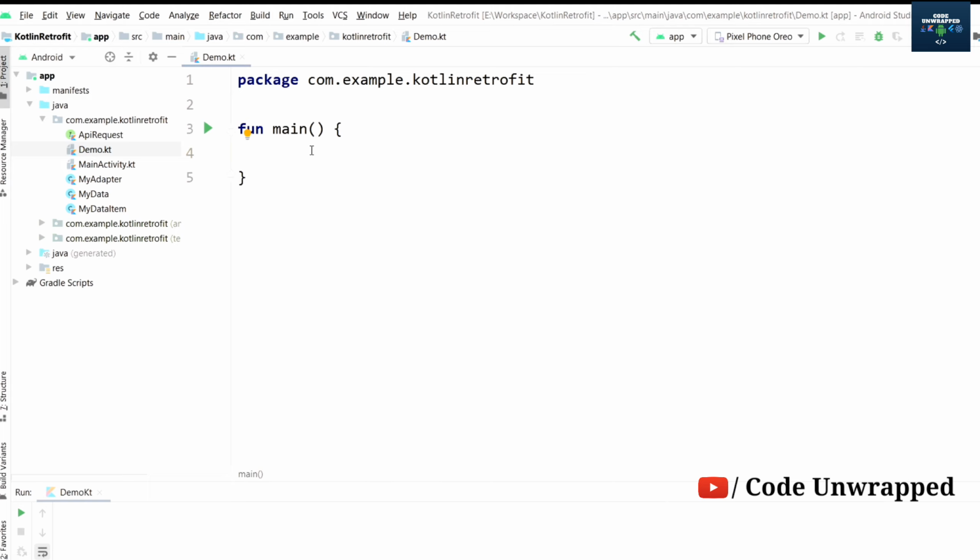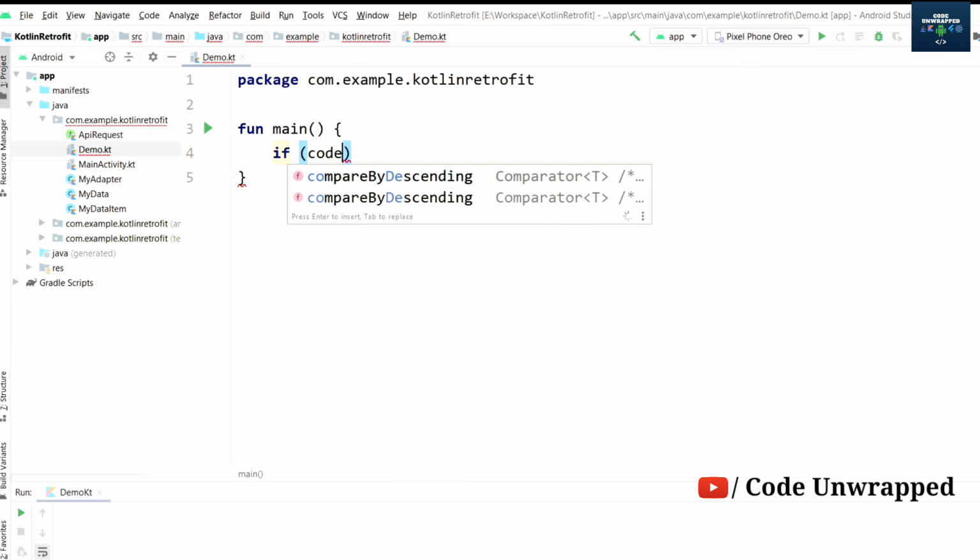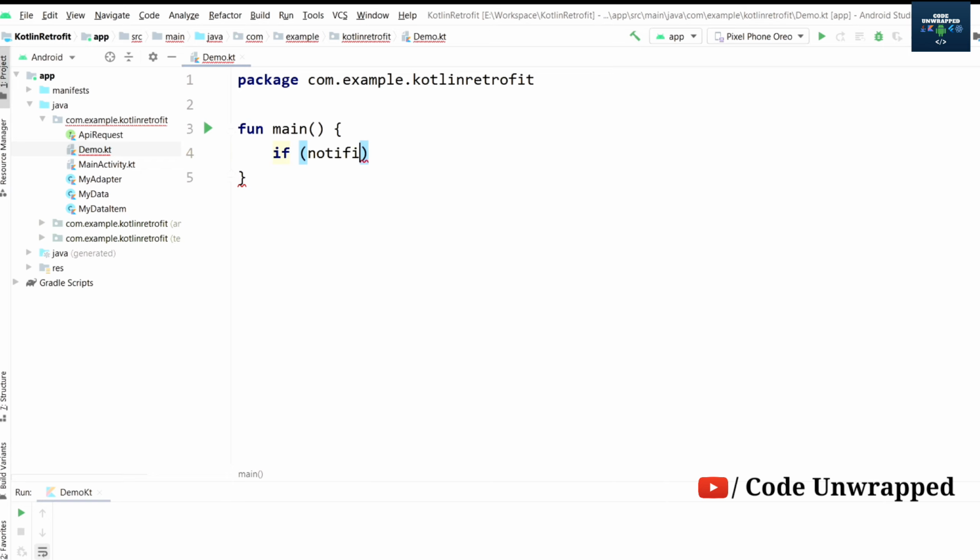So basically, these are the conditional statements, whether the if condition works or the else condition. That means I'm having one condition like, if you have subscribed and pressed the bell icon, then you will get the notification, else you won't get the notification of Code Unwrap. So it's like that. If I have subscribed and pressed the bell icon of Code Unwrap, then I'll get the notification on time, else I won't get the notification, and that else part will come here.